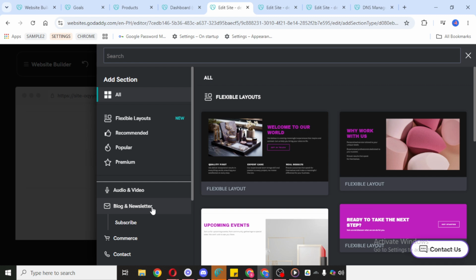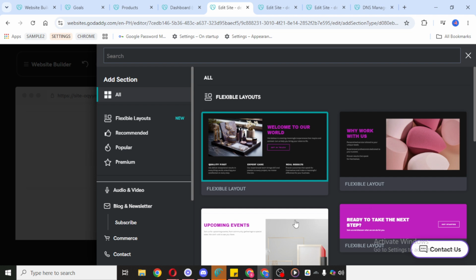This is where you begin creating your blog content and customizing how your posts will appear. You can adjust the layout, text, and overall presentation so the blog feels consistent with the rest of your website. Take your time here to make sure everything looks clean, readable, and professional.